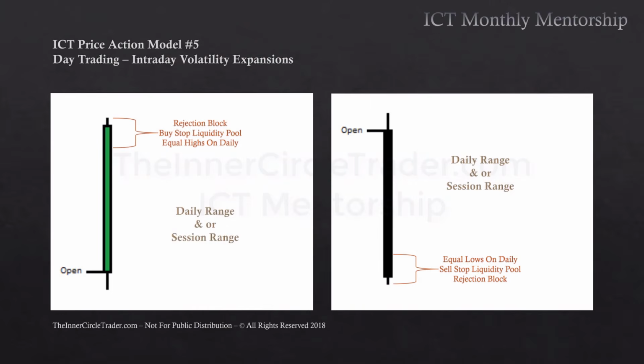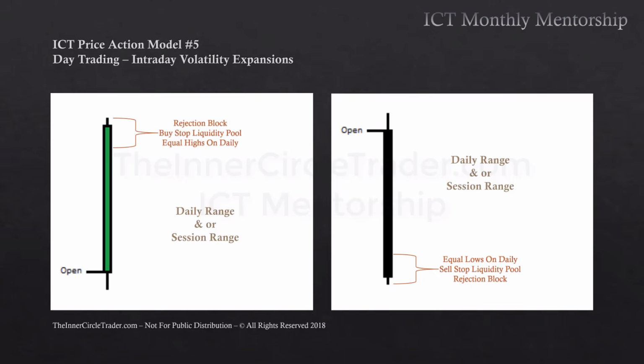All right, so again, day trading the intraday volatility expansions. When we're looking for bullish scenarios, what we're anticipating is the opening in this perspective, and this is kind of like an internal dialogue and how I visualize it. The range here is only delineating what would be seen as a session. If we encapsulated the entire London session or the New York session from the beginning point at the kill zone and when the kill zone ends, that would be what I'm internalizing in terms of these crude depictions